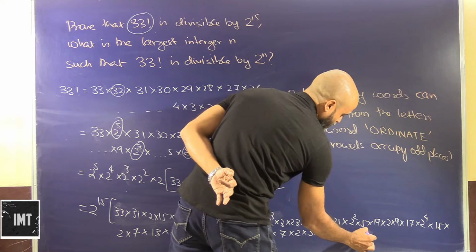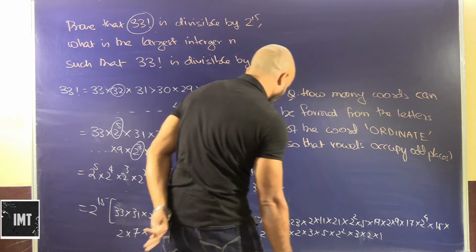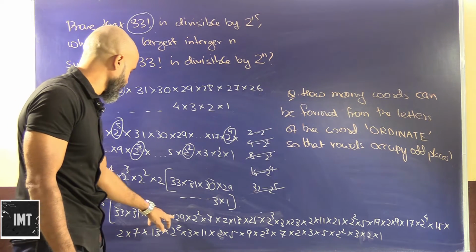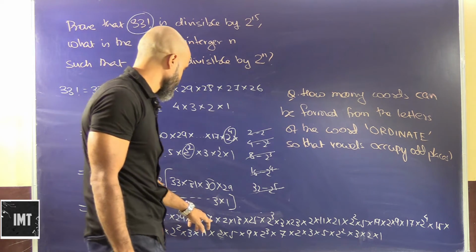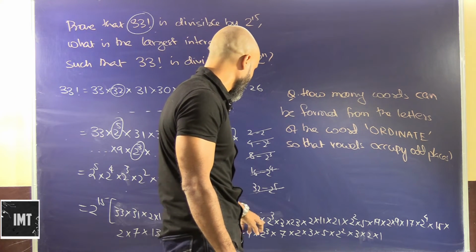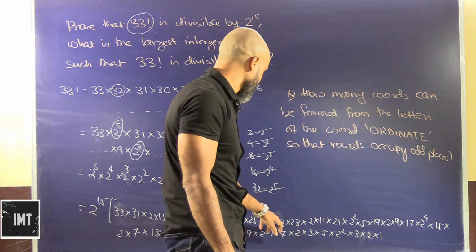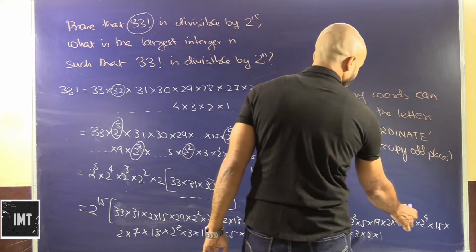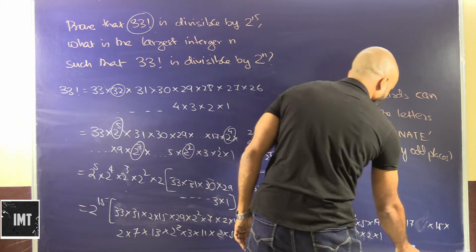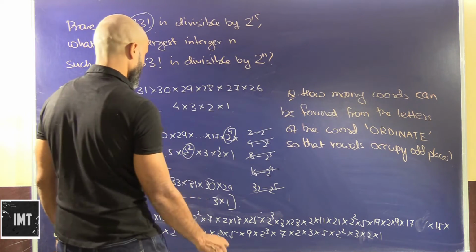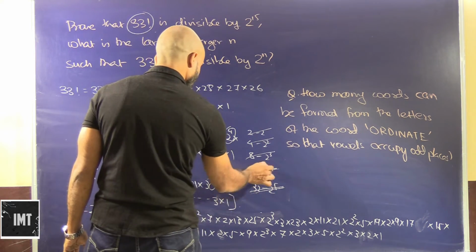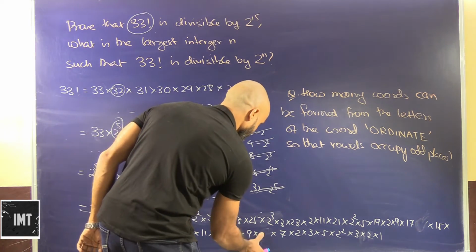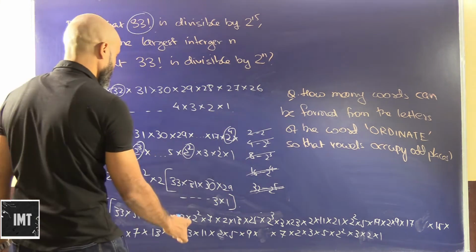We will just quickly look at what has already been taken out. So 33, 31, 2 into 15, 29, 4 7s are 28, 26, 25, 8 3s are 24, 23. Then 2, we have to take out 16. So 16 has already been taken out. Okay, so 32 has been taken out, 16 has been taken out, then we have to take out 8. 8 has already been taken out.